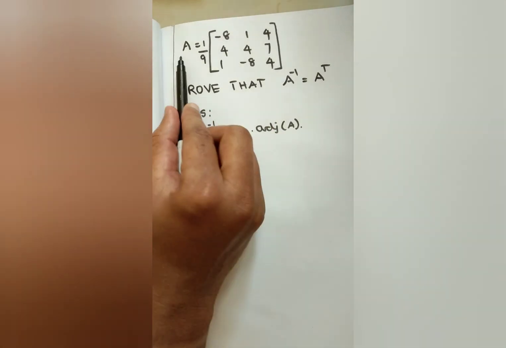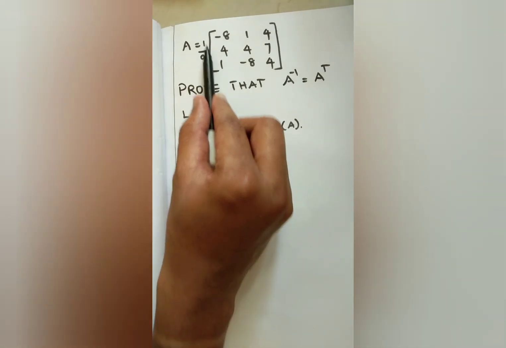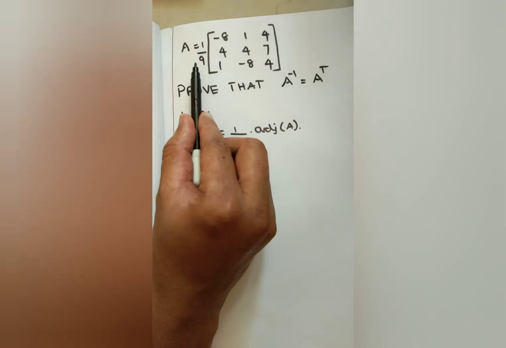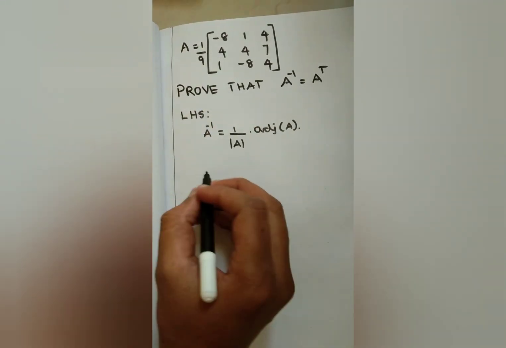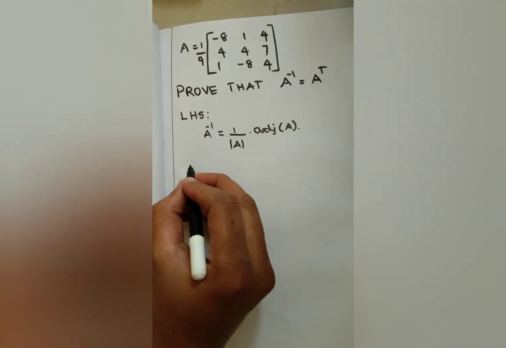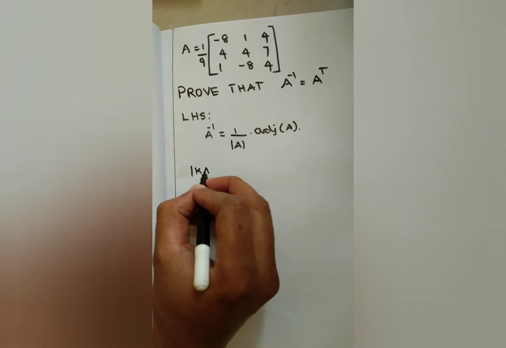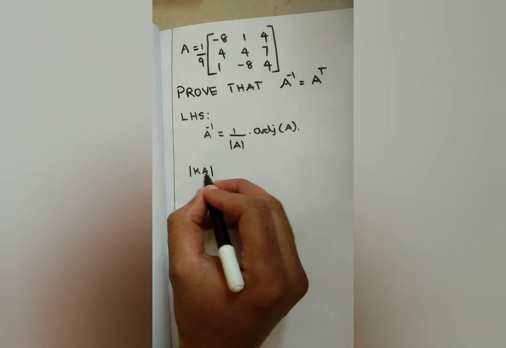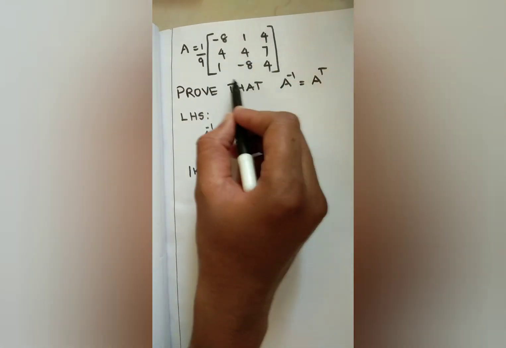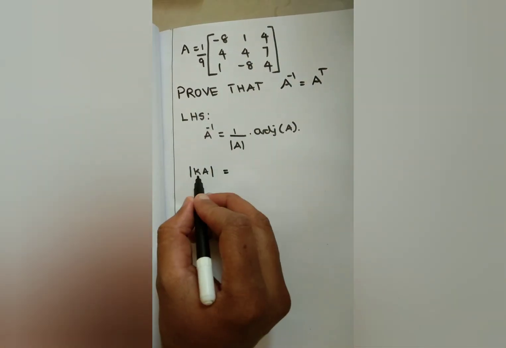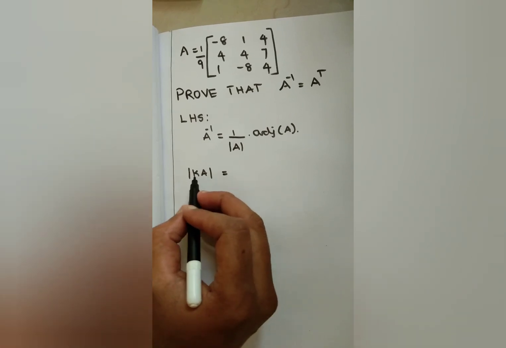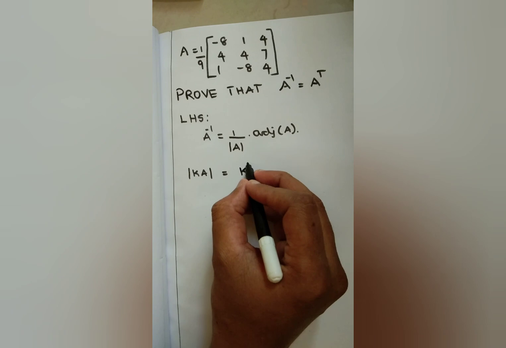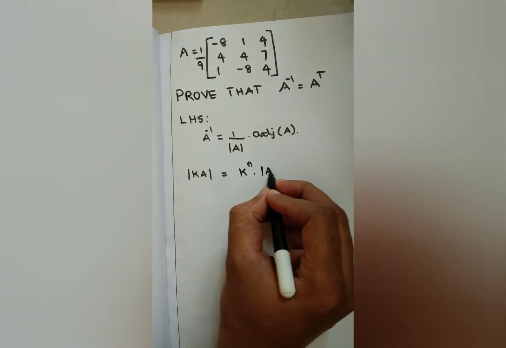See here, A is equal to a scalar number into a matrix. To find the determinant for scalar into a matrix, there is a property in the determinant of kA. My k is 1 by 9, that is scalar. A is the matrix 3 by 3. So how to find determinant for scalar into a matrix? That is, a property is k power n into determinant of A.